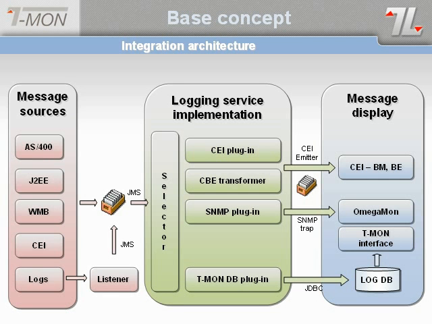In the outgoing case, a CEI plugin can be used that transforms the TMON information into a CEI message using an emitter. Obviously, the database importer is practically constantly used for incoming messages. If an alert needs to be sent out based on an event, then the SNMP message sending can also be activated as a sort of post-processor plugin. After this, the respective display applications receive the information only in the format they can interpret, and they are able to function with these.